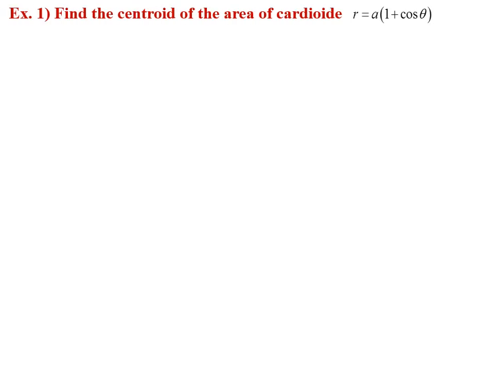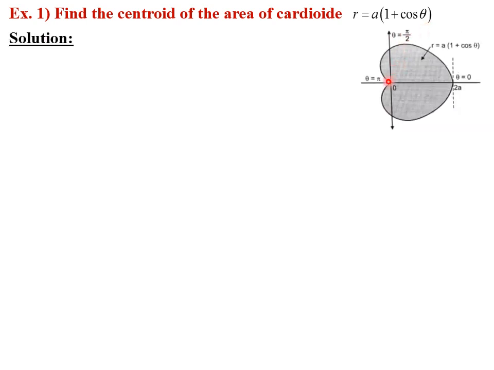So first example, find the centroid of the area of the cardioid r is equal to a into bracket 1 plus cos theta. You know very well the nature of this curve. It is shown in the figure, where we have already traced this so many times earlier, you know this very well that this cardioid is symmetric about the initial line. So the upper half of the cardioid is exactly equal to the lower half of the cardioid, and we are going to find out the centroid of the area bounded by this cardioid, that means the shaded region area.